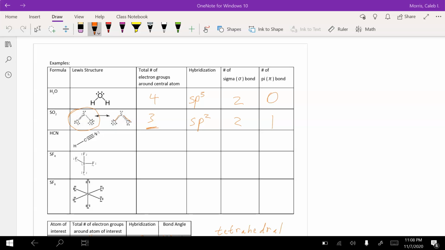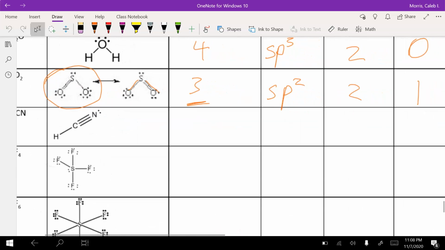Hi class, it's me, Mr. Morris, and I want to do just a few more example problems to do with hybridization and sigma and pi bonds. First thing that we want to do, we're looking at HCN, and we want to identify